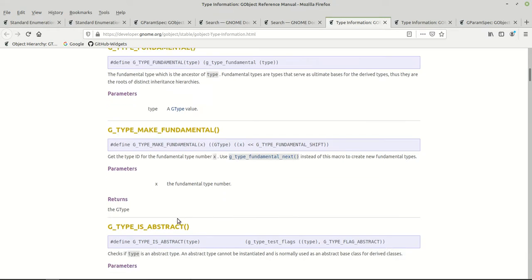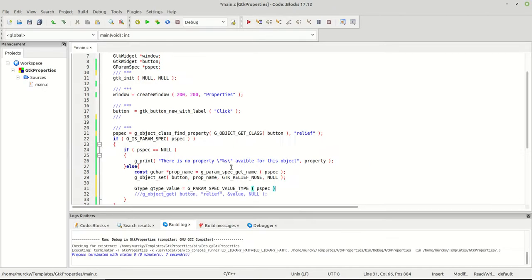Whatever. This function helps you to retrieve the name of the value which you are retrieving through this function called g_param_spec_get_value_type right here. So I really don't know why I don't find it. If I find it, I'm going to point it out to you later, maybe in the comments. Anyway, we may not find it right now, so we're going to say now